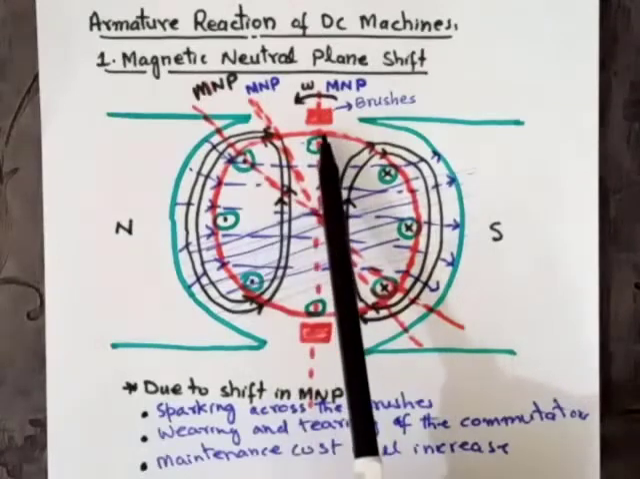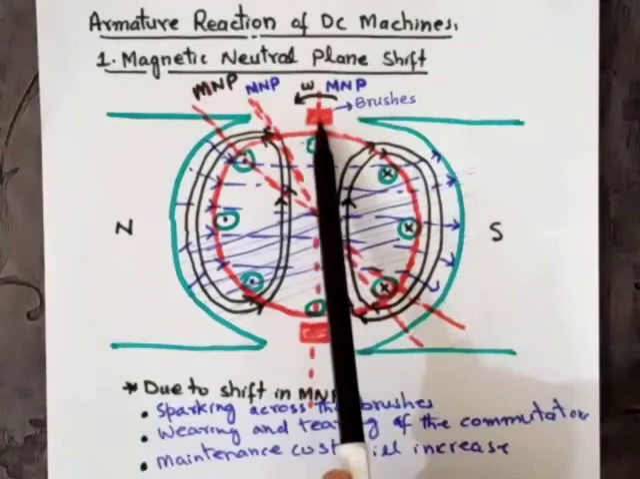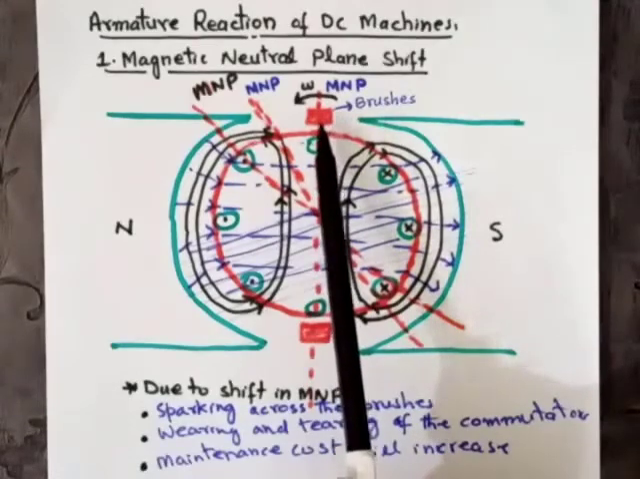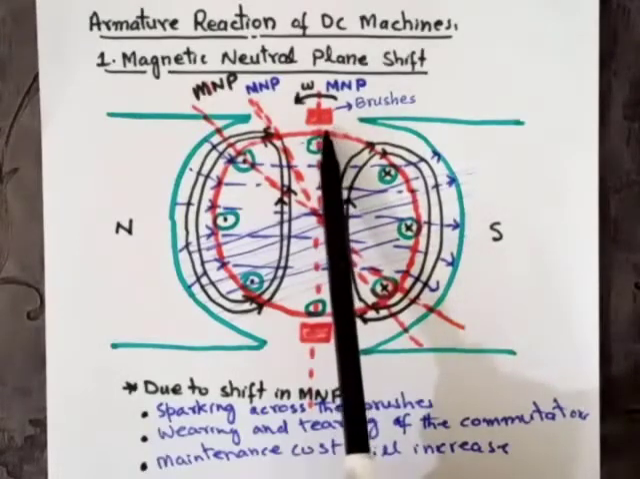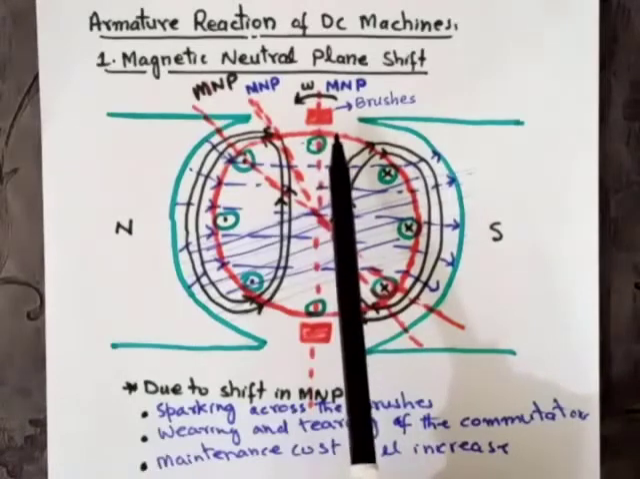Now you remember that we keep our brushes in this position; that is, the brushes in the machines are fixed. We keep our brushes at that position. Why did we keep our brushes in this position? We kept the brushes at that position because zero EMF or voltage is there. Zero EMF or voltage is there because